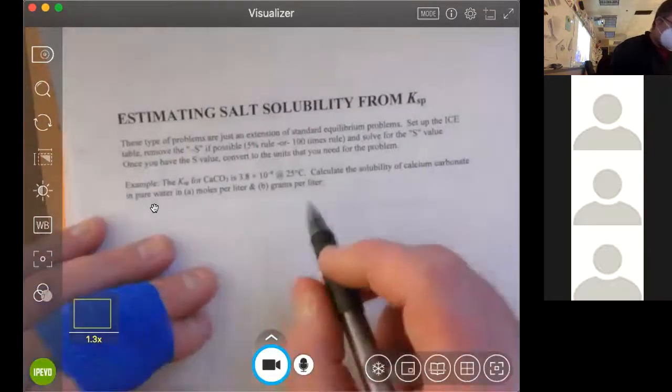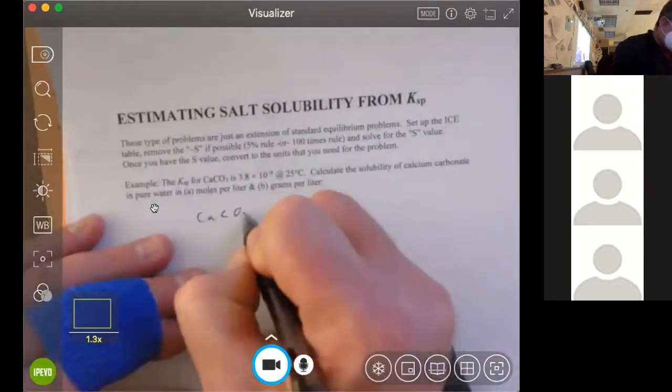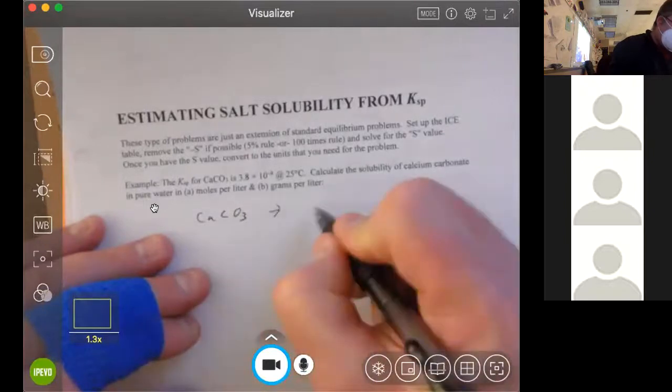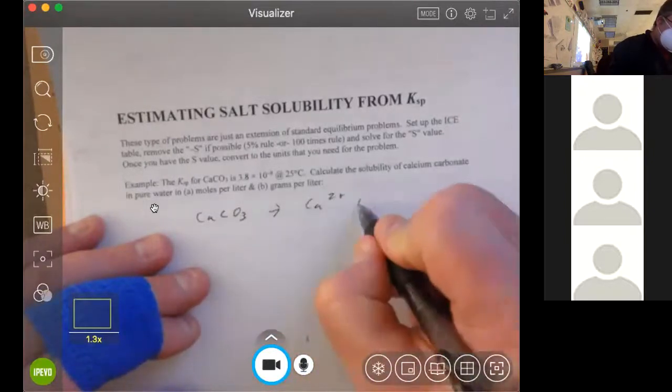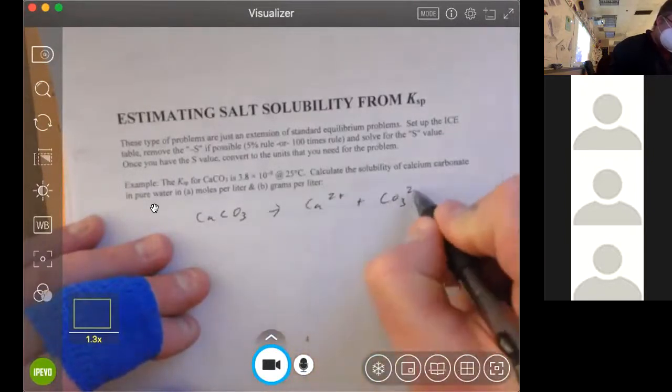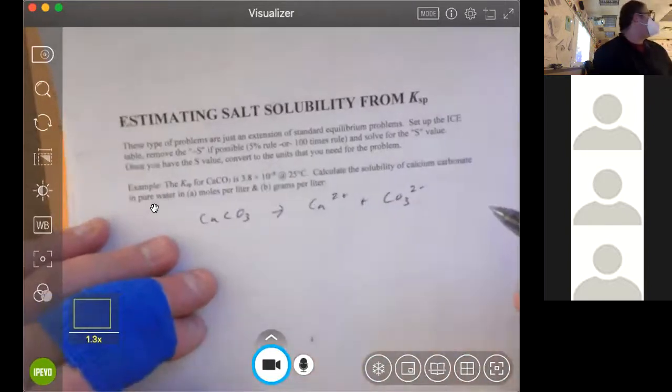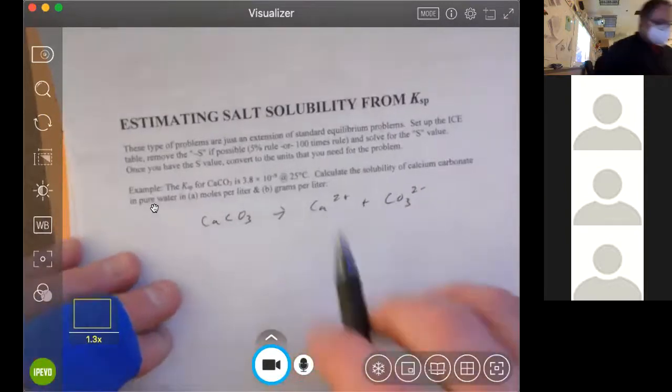The KSP for CaCO3, calcium carbonate. That breaks down into calcium 2 plus and carbonate 2 minus. Is my pace okay? Yeah, okay. So if we take a look here,